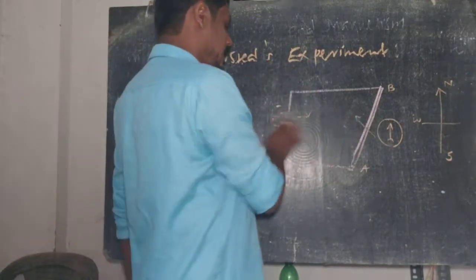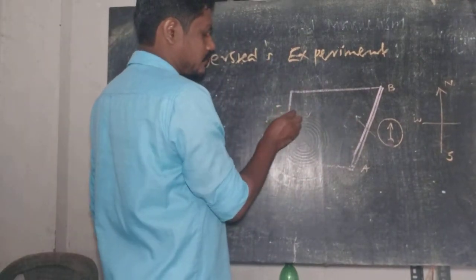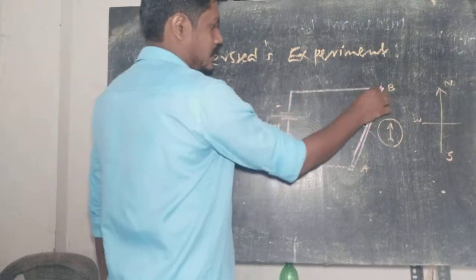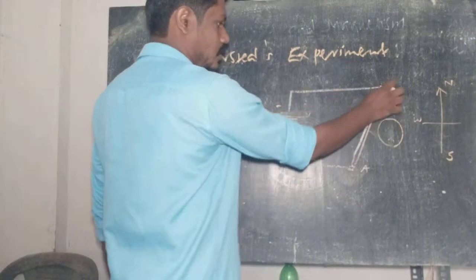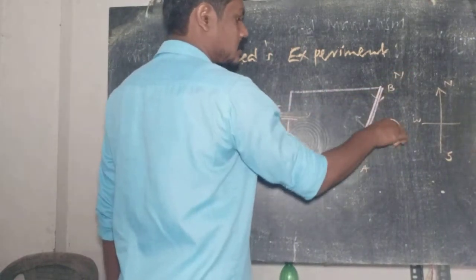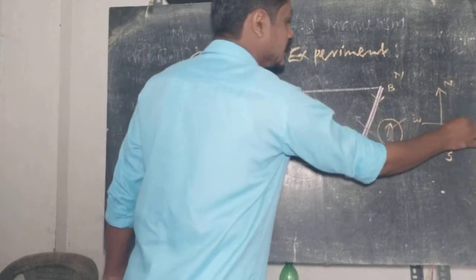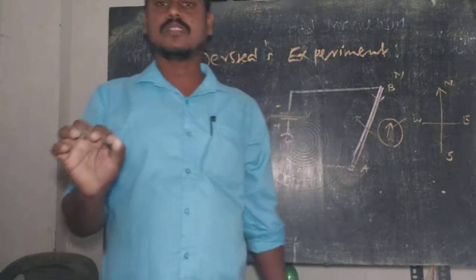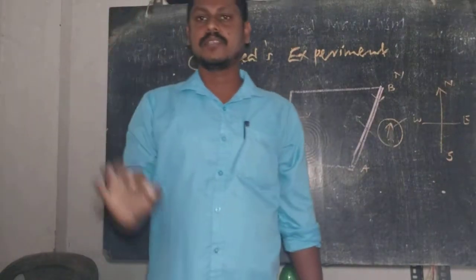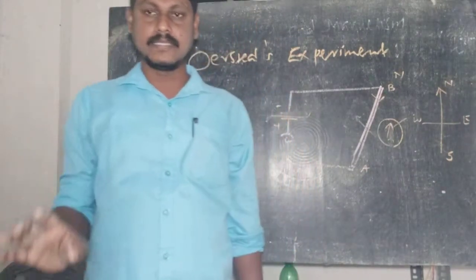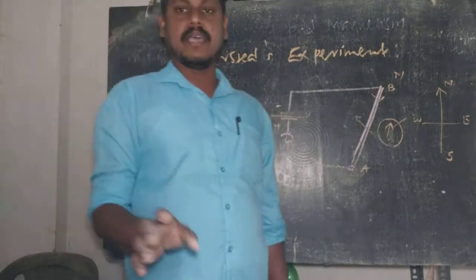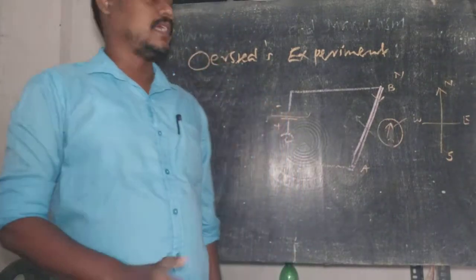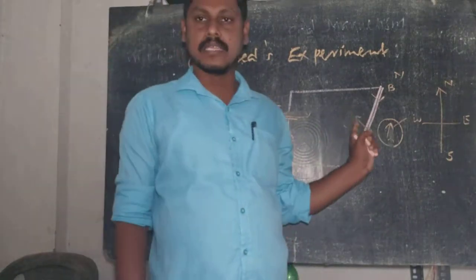And when we reverse the direction of current, and the current is flowing from north to south, the north tip of the compass will be deflected towards the east. So it is very clear that the deflection of the compass is due to the generation of some magnetic field in the space. And why is this magnetic field generated? It is only generated when there is a flow of current in the wire.